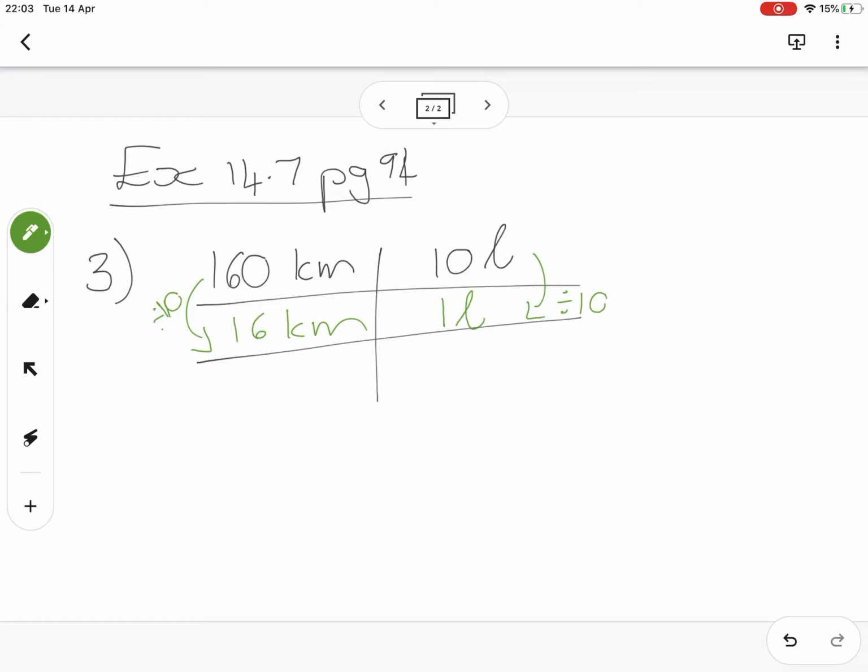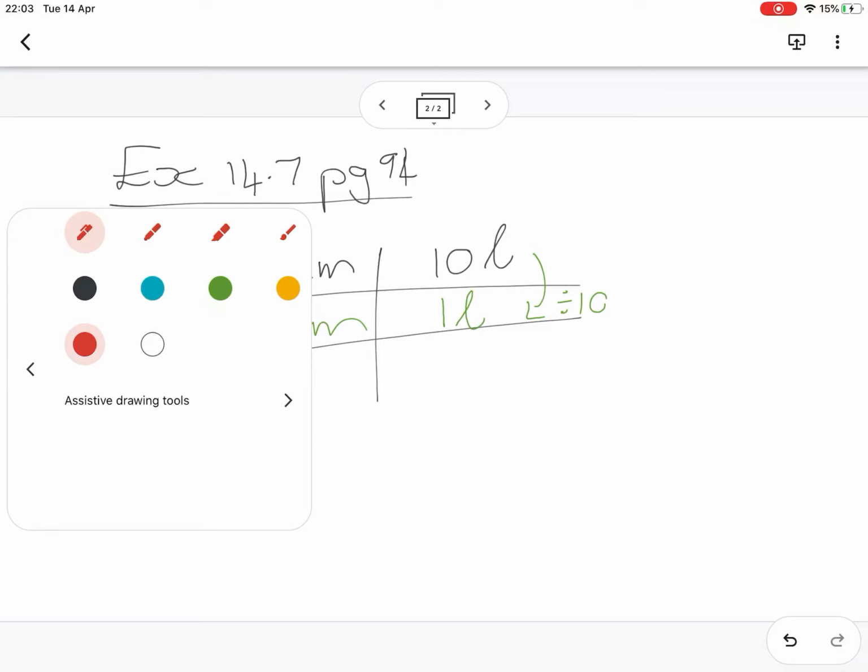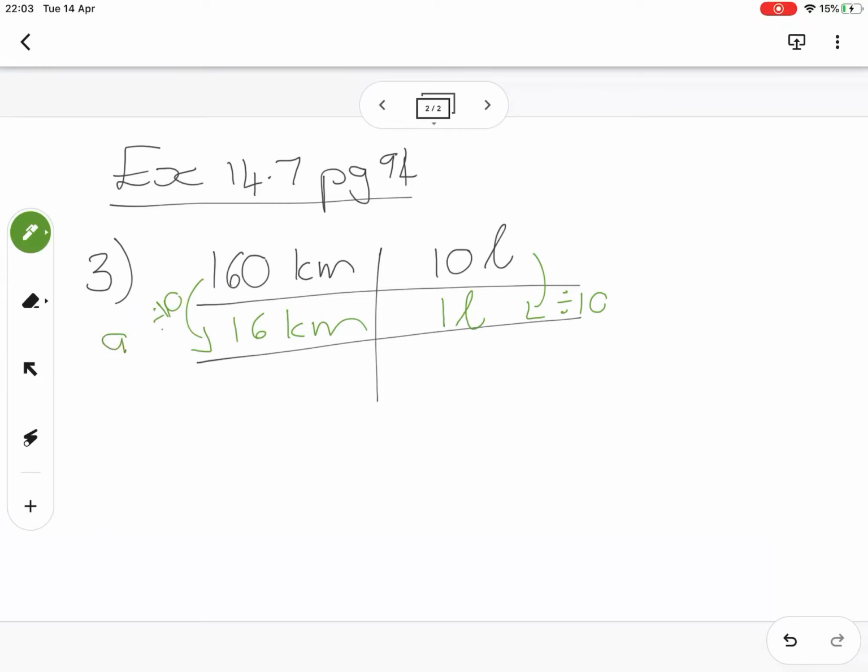It also says, how far can the truck drive on 4 liters of diesel? So now, sorry, this was A. Just go to B. So at B, if I've got 4 liters of diesel here, well, I can't go from 10 to 4 anyway, so I'm going to go from the 1 liter to the 4 liters. That's times by 4. So I'm going to do the same on this side. I'm going to do 16 times 4,